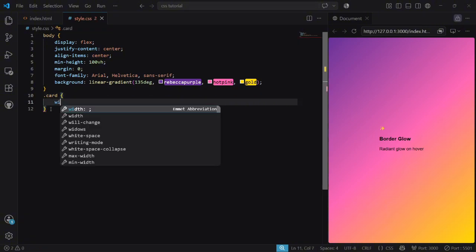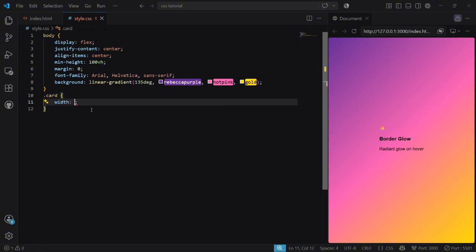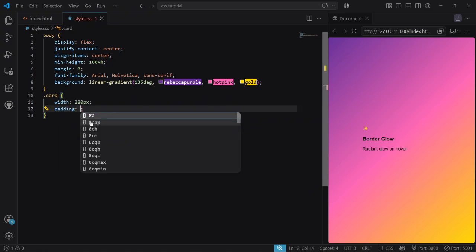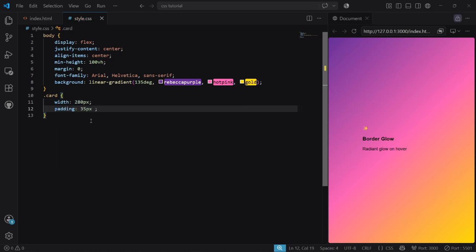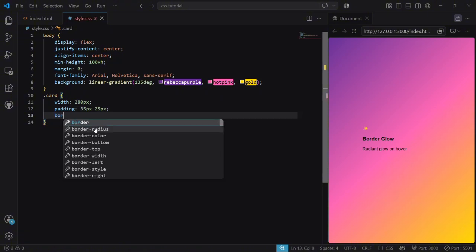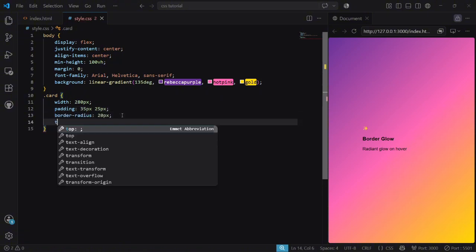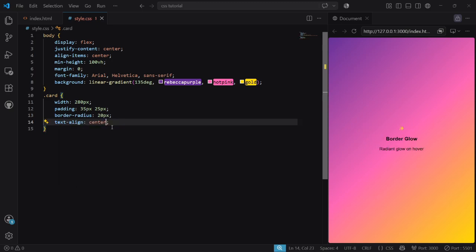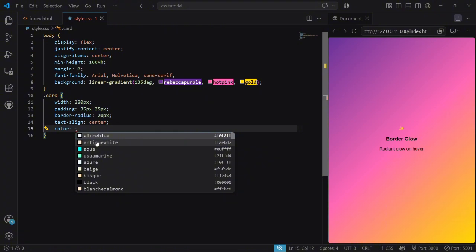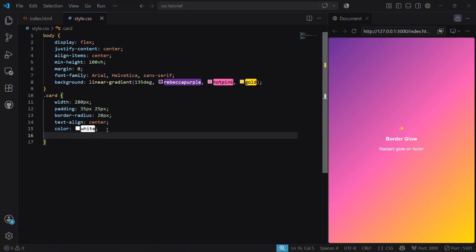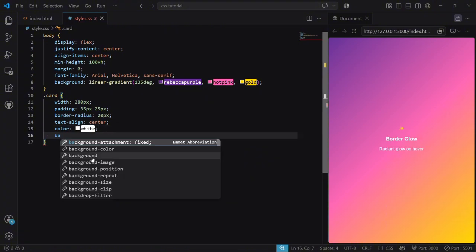Set the width property. Type 280 pixels. Set the padding property. Type 35 pixels, then 25 pixels. Set the border radius property. Type 20 pixels. Set the text align property. Type center. Set the color property. Type white. Set the background property. Type RGBA. Open parenthesis. Type 255, 255, 255,